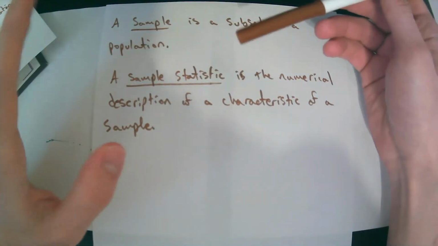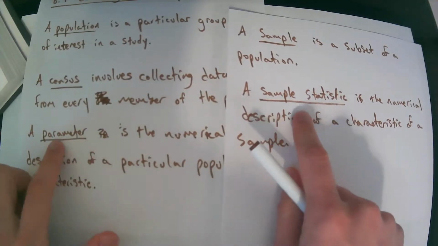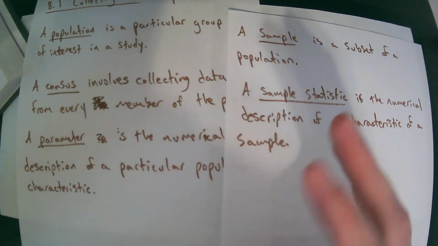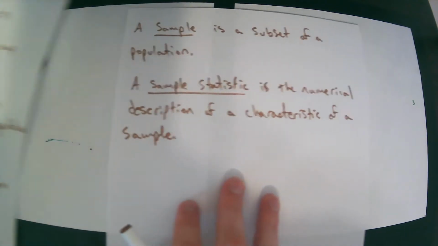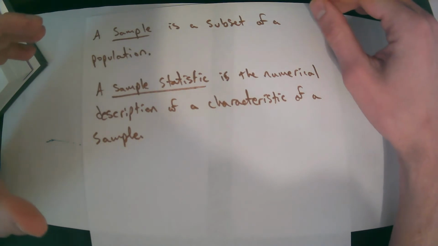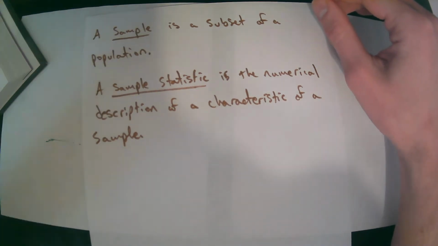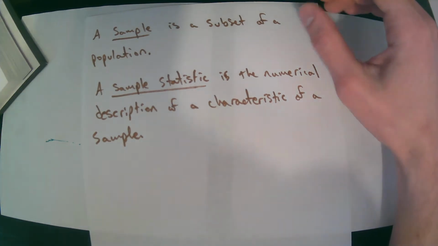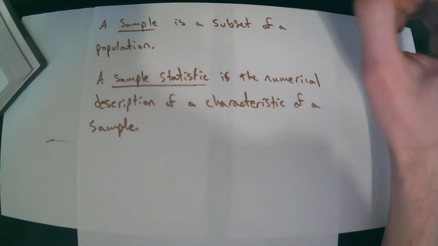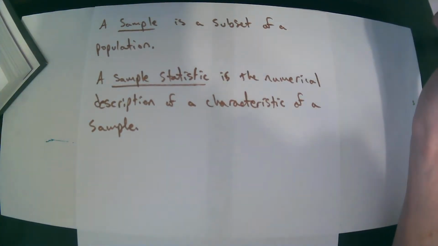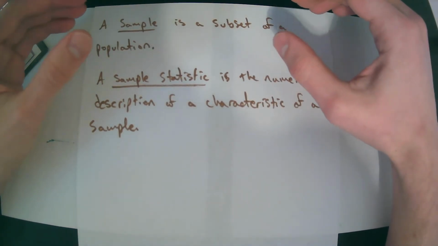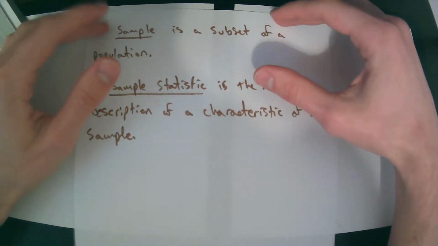So, for instance, here's another example. I want to make sure it's understood that though these describe the same things, they describe them for different groups. A population is a much broader group, right? So as another example, consider the population of people that live in the Middle East. Okay, so billions of people, right, living in the Middle East. And we want a population parameter that is going to be the number of people that